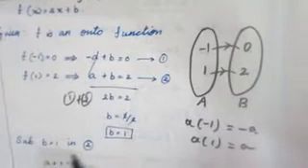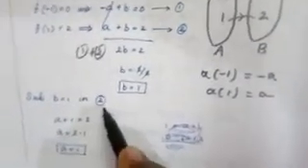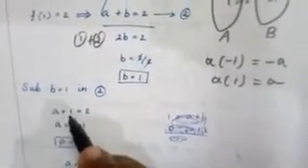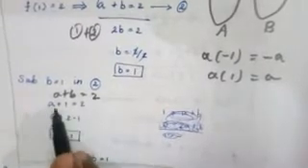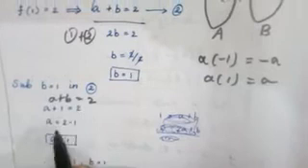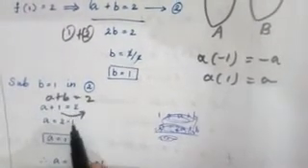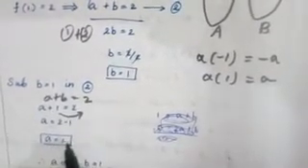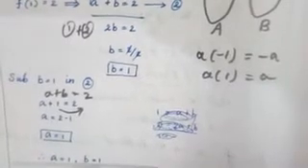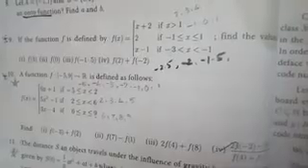Now substitute b equal to 1 in equation 2. Any one of the equations you can substitute, in 1 or 2. a + 1 equal to 2. b value is 1. a + b equal to 2 is the second equation. So a plus b value 1, that is equal to 2. Transpose this side, it is -1. So a equal to 1. So a value equal to 1, b value equal to 1.